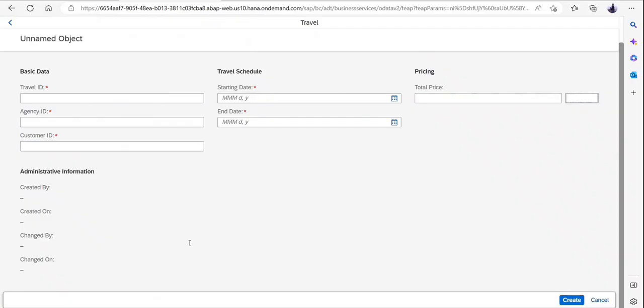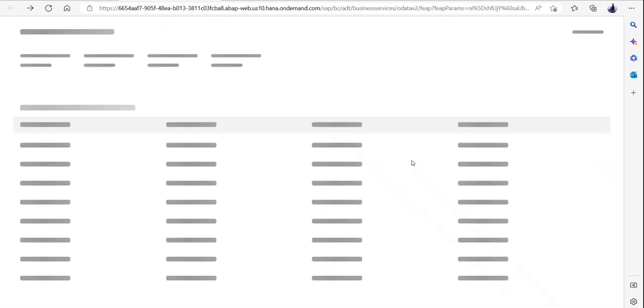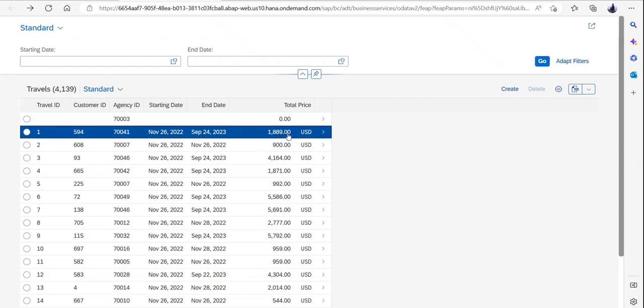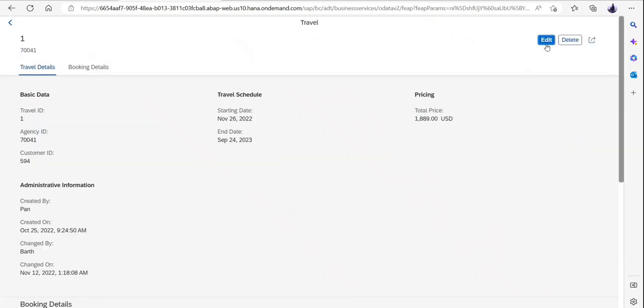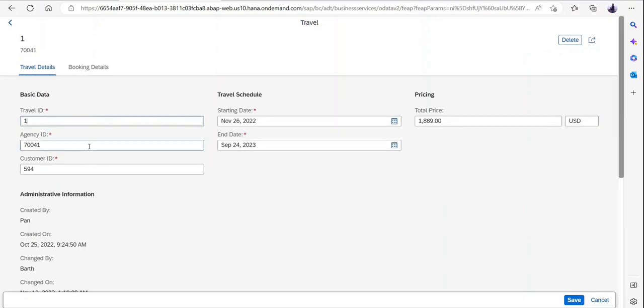Now let me just go back over here, cancel this, and refresh this. Okay, now if I just go back over here and, for example, start editing this, I'll say my 1889 was 1890. Did you see any sort of draft movement over here? No, right? Because